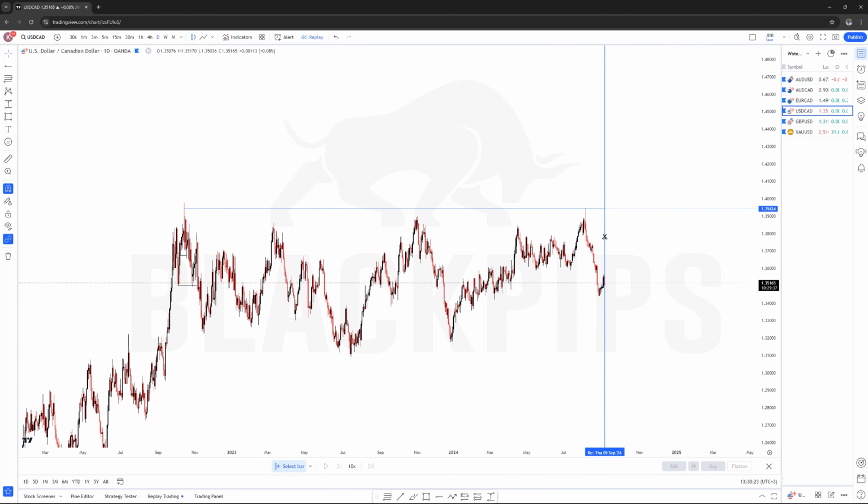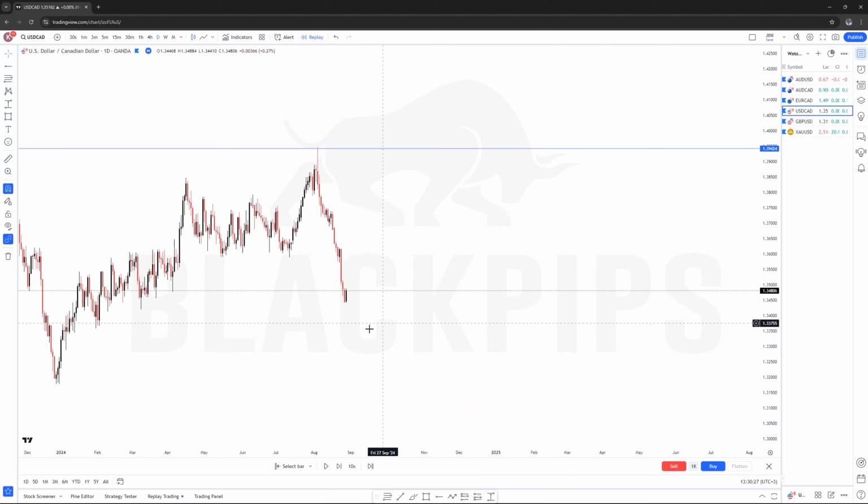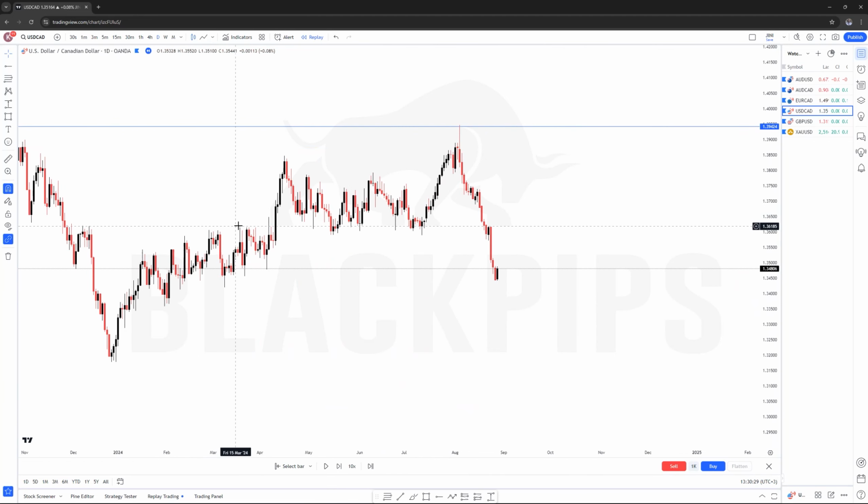So after activating our entry, as you can see now here, we were having this break of market structure here, this break of market structure here, this break of market structure here,